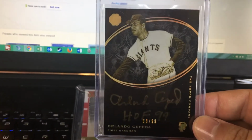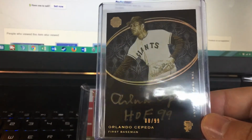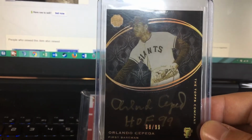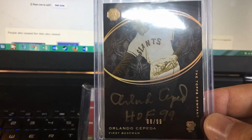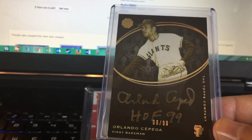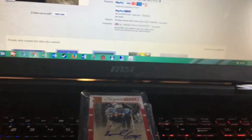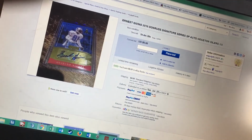And then I bought a Biggio and a Dawson, Andre Dawson, of this set, and I got this thing cheap. I love these cards, the Topps Mint, the black. I love the black and the gold Sharpies. Orlando Cepeda on a 99. I think that gives me 3 or 4 cards, and I just won Rollie Fingers for like $14. The prices, I just can't pass on them for such a beautiful set. So we got Orlando Cepeda, and to go along with the blue version of this card,